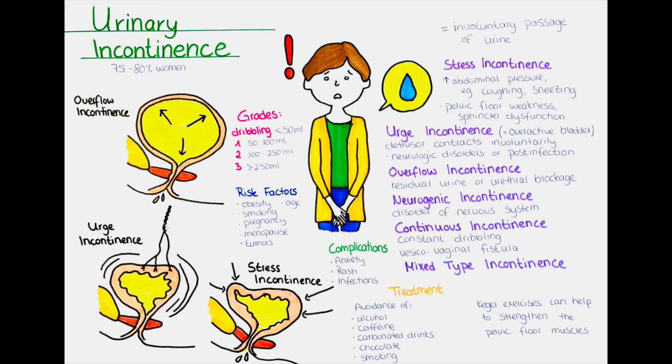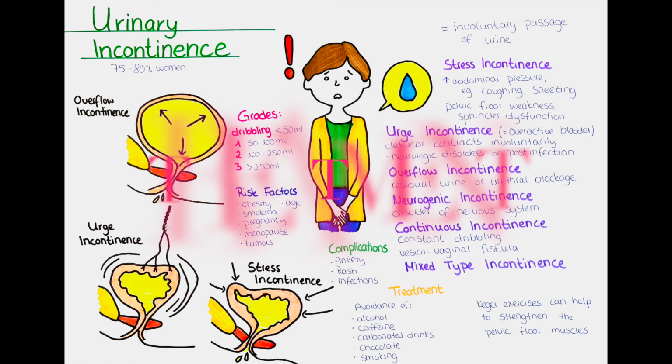What are complications of urinary incontinence? Urinary incontinence may cause anxiety and worries of leaking urine in public. Patients that are affected may avoid social situations in which they might come into uncomfortable situations. Incontinence also leads to the skin of the perineum being potentially wet for longer periods of time, which can cause a rash and skin infections. Also, urinary tract infections are more common with incontinence.